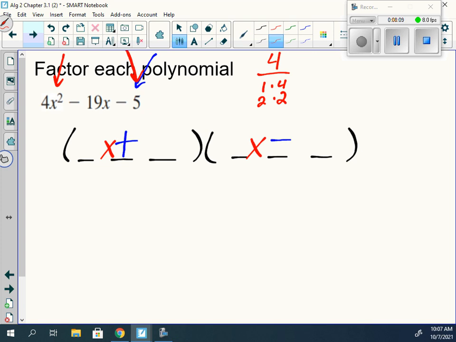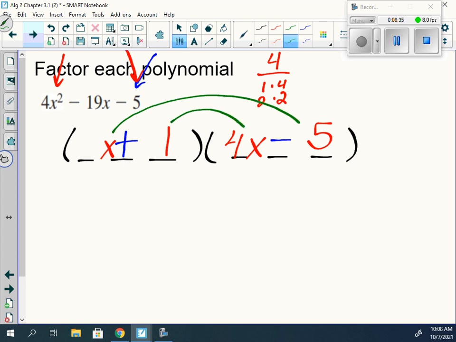What are the factors of 5? Are there any others? Might as well just put in 1 and 5. So what factors of 4 do we want to try first? So 1 and 4. And last but not least, we're going to